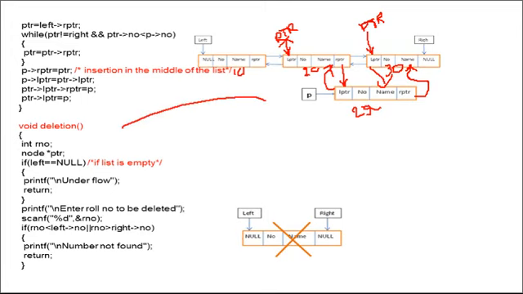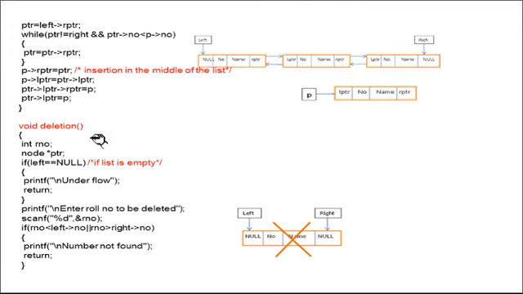Now we will see the deletion operation. How to delete? Okay, right. Before deletion, first we have to check one condition. To delete a node from the double linked list, the list should have at least one node to delete. If the double linked list doesn't contain any node, or the list is empty, then it is not possible to remove or delete a node. That's why first we have to check.